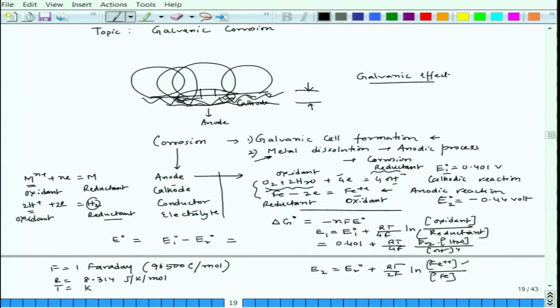So, now depending on the concentration of that iron plus plus, or depending on oxygen presence, partial pressure of oxygen and OH ion concentration in the solution or the electrolyte, we can have different E1 values. So, that time instead of E1 we have to write E1 minus E1 naught, you have to write E1 minus E2, fine. So, now once you do that, you will see that that value would come 0.841 volt.